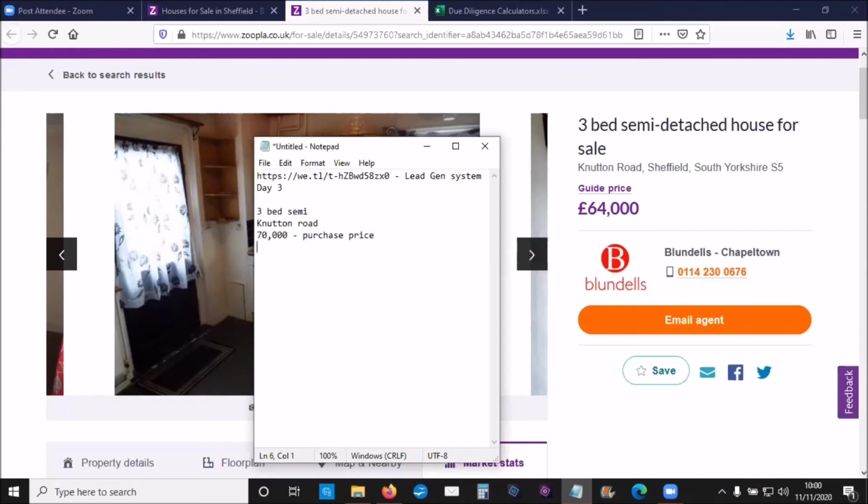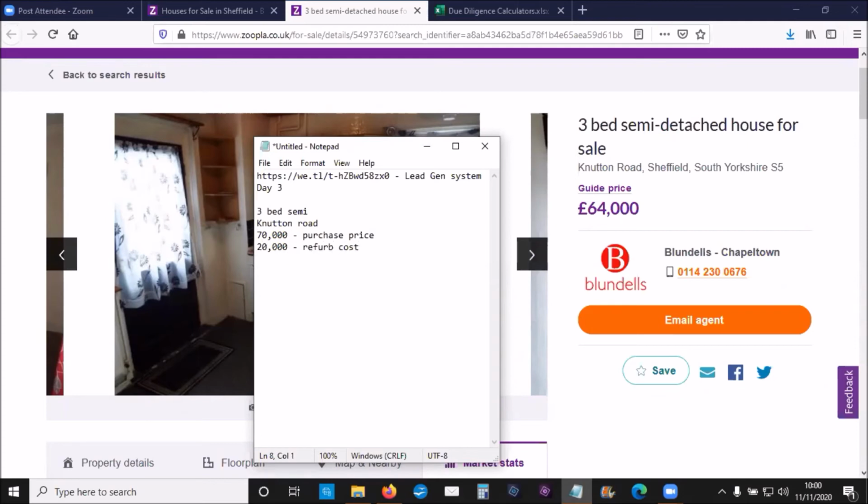The refurb, as we've seen from the picture, needs more than the one from Cambridgeshire that we saw. So pretend that I am your boss and I'm giving you the figure. I am going to want to spend no more than 20,000 on this property for